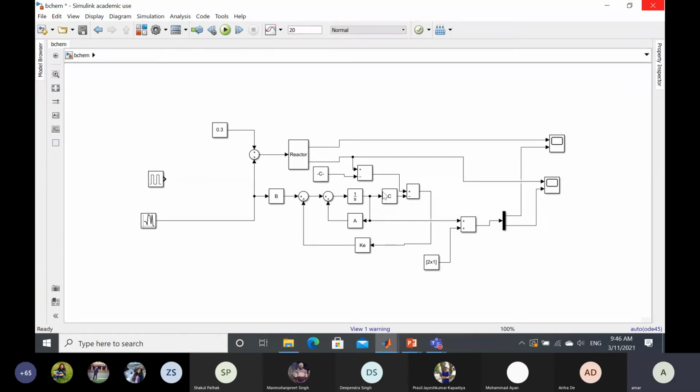So this portion is the observer, and when we are designing the controller for this system, this observed state we will be using for designing the controller. We will design the controller again offline using the Bass-Gura formula, because we know the A and B, and from the Bass-Gura formula we'll get the K, and then we'll use that K to design the controller. Okay.